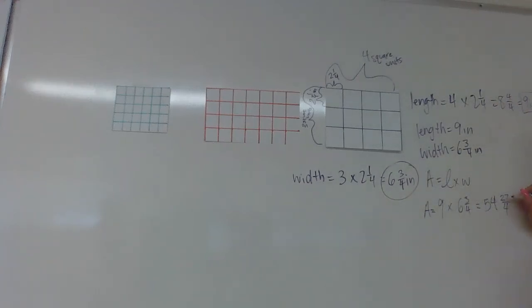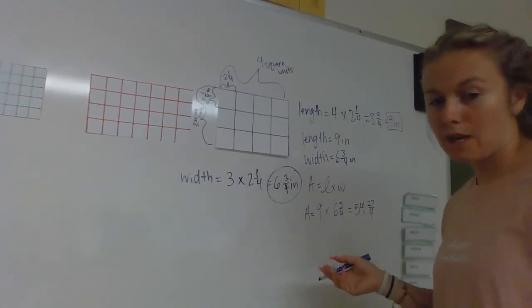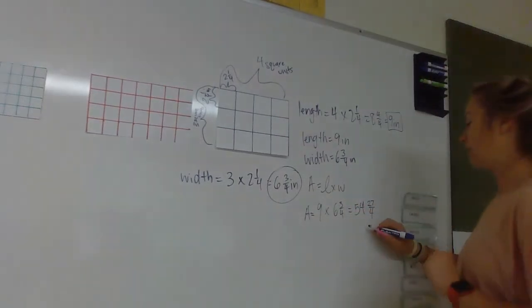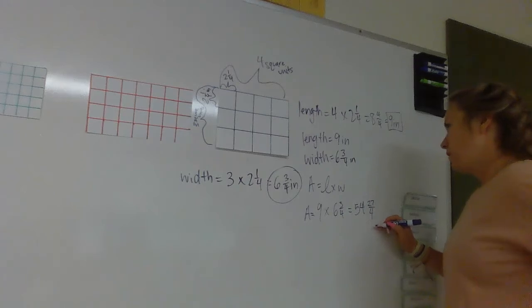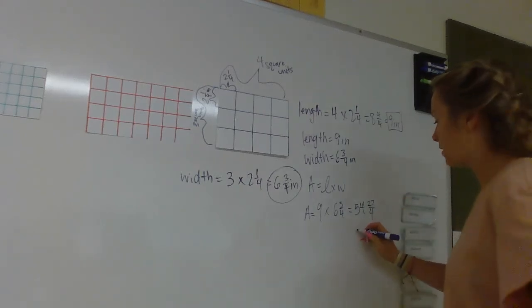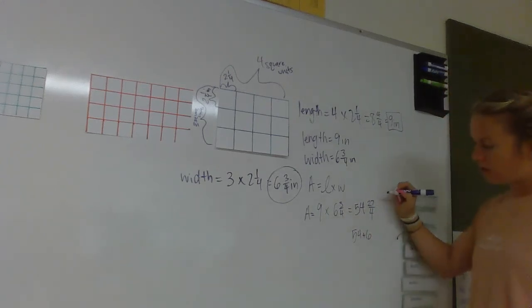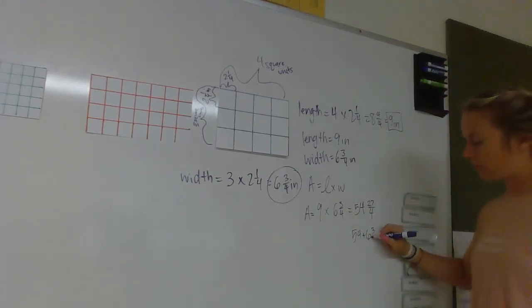So 4 goes into 27 how many times? That would be 6 times, because 24, so 54 plus 6, and there's going to be 3 left over, 3/4. So we've got